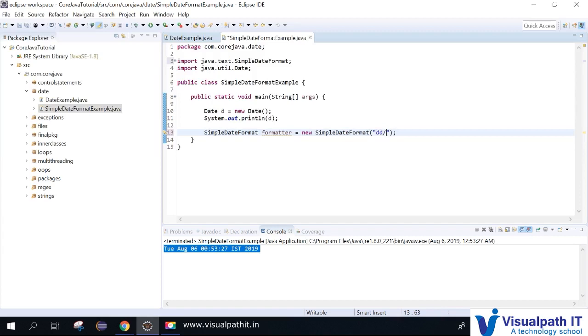DD, MM, either way you can give it, or YYYY. So if you give small m, then that will show in a different way. I'll show you one by one. First we can go with this. So what I'm doing is